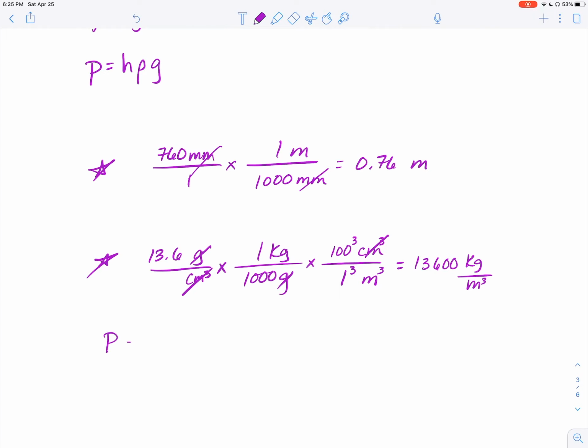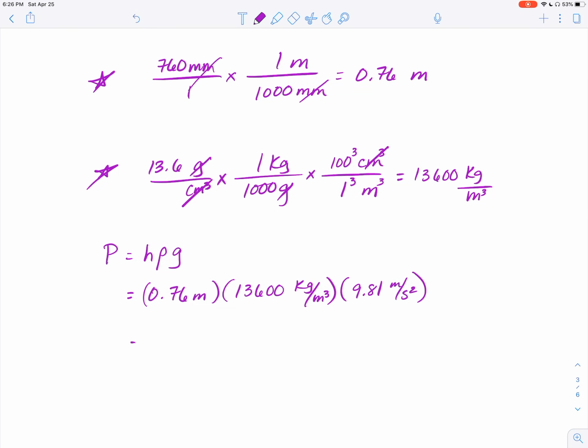So remember, it's pressure equals height times density times acceleration due to gravity. The height will be 0.76 meters. The density is 13,600 kilograms per meters cubed. And then the acceleration of gravity is 9.81 meters per second squared. And so when you do this, the value you end up getting, and we're going to round this to 2 sig figs essentially, is, on my calculator I get something around